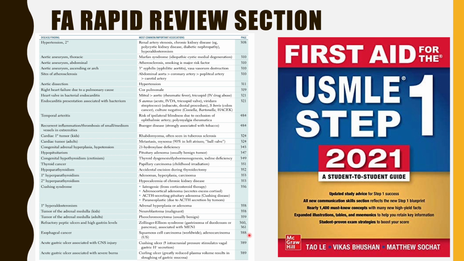Okay, now another way by which you can figure out if something is high yield is if it's found in the first aid rapid review section. Now this is the narrowest I can go. That's not even subtopic, it's like concepts. I narrowed it by concepts. So first I gave you how you can figure out if an entire subject or system is high yield, and then how you can figure out a subtopic in this or a topic inside this system, like ovarian tumors within reproductive, and then